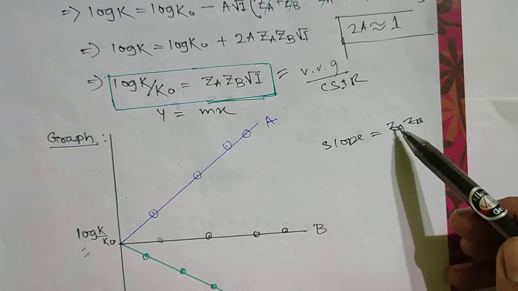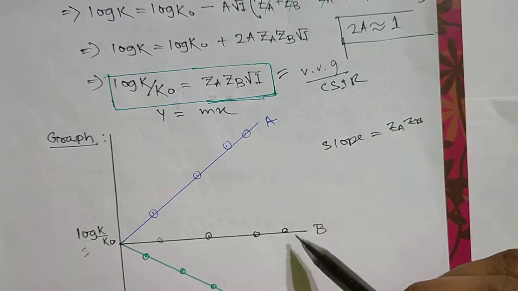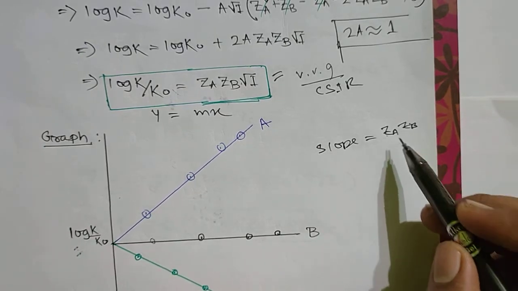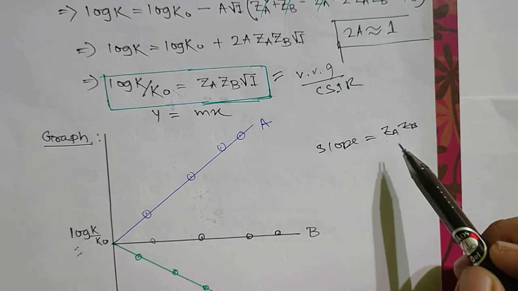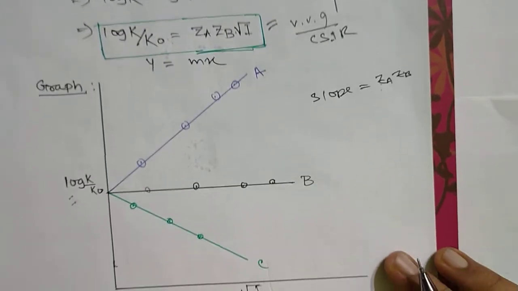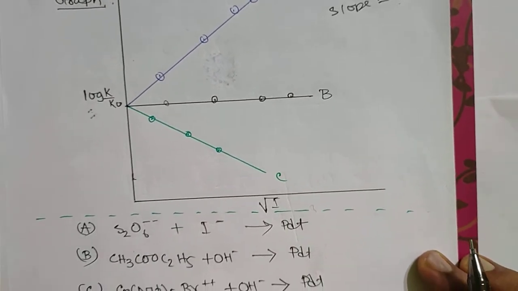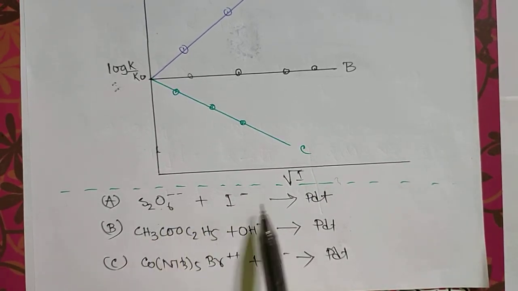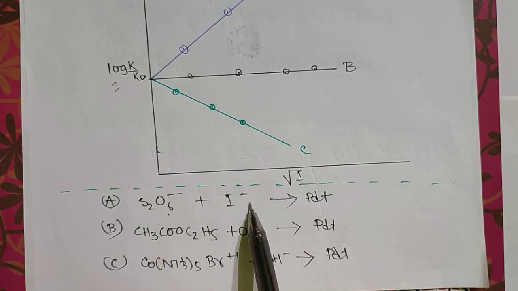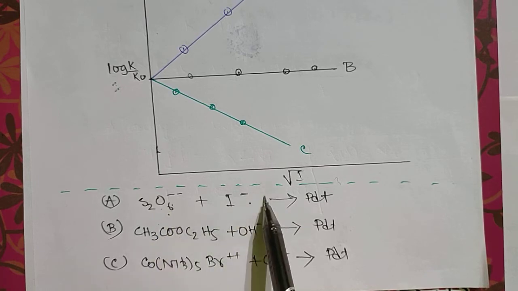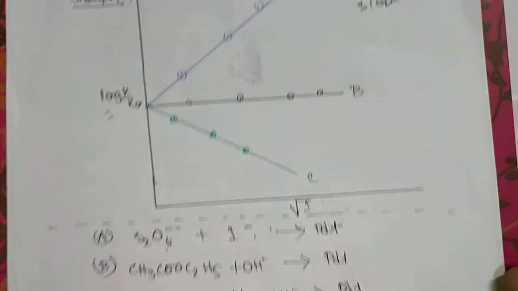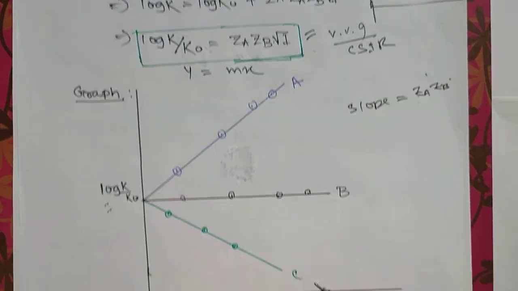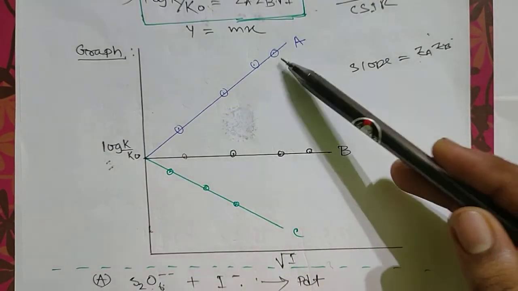Okay, if one charge is 0 and the other is whatever value, in that case the slope will be 0, and the third case is that this is negative. So 3 cases will be there. Okay, so we'll see example by example. So in your exams they will give examples directly. So first example is that two species are there, one is negative, another is also negative. So negative or positive. So in this case negative into negative will be positive. So in that case the graph will be this one, a.